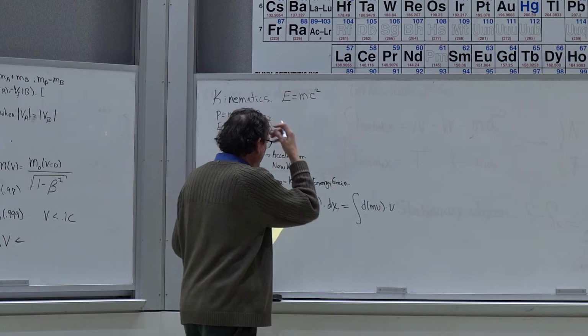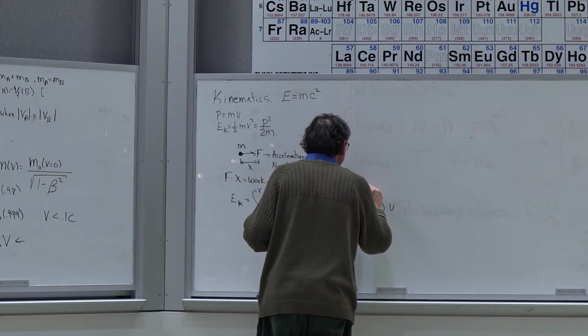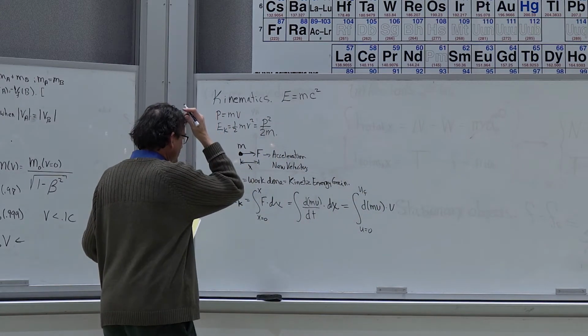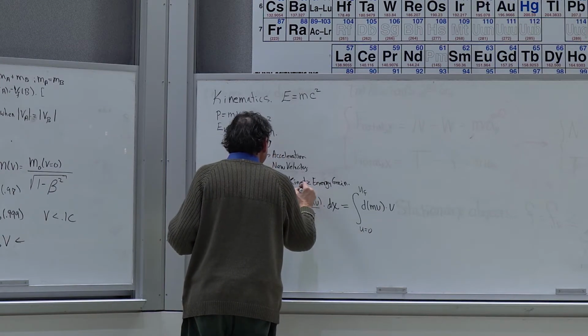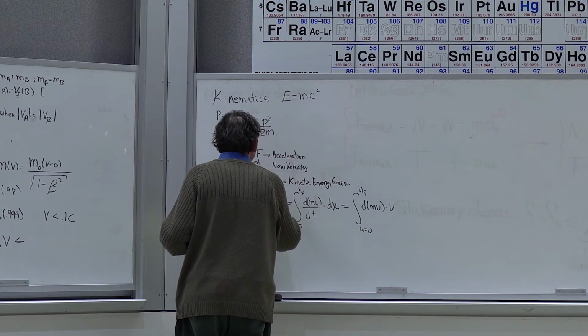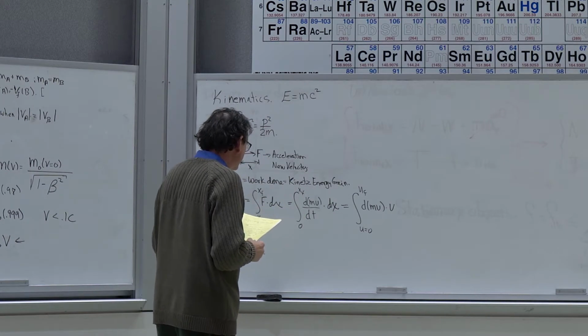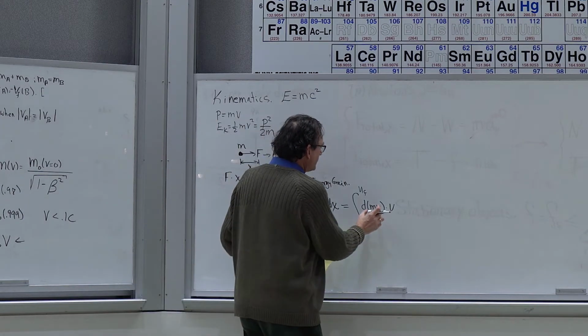And now I'm going to integrate from u equals 0 to uf, or u final, some final velocity. And this goes from 0 to some x final, and it's basically doing this interval. Okay, so now what I'm going to do is apply the chain rule